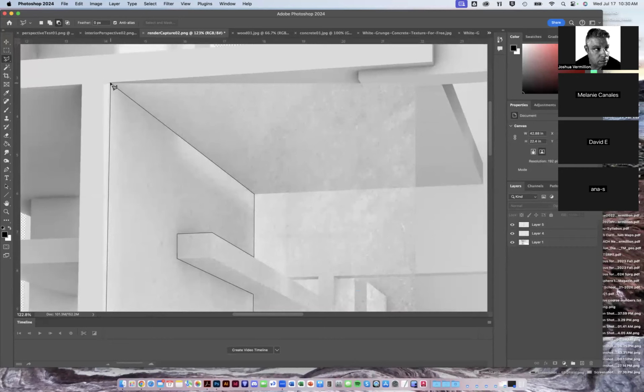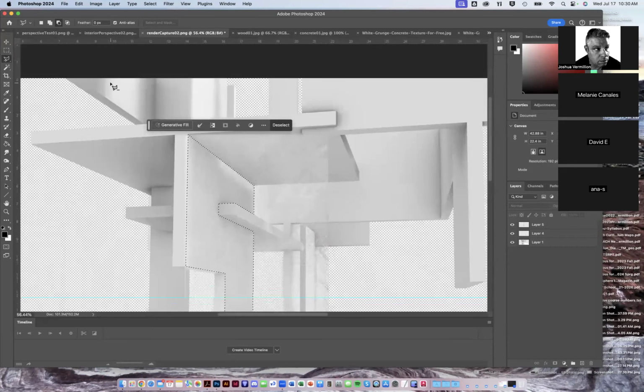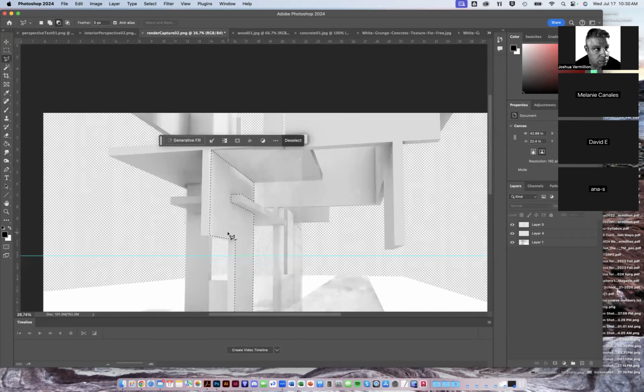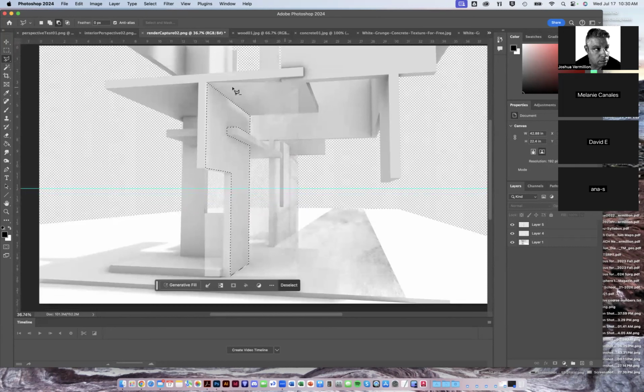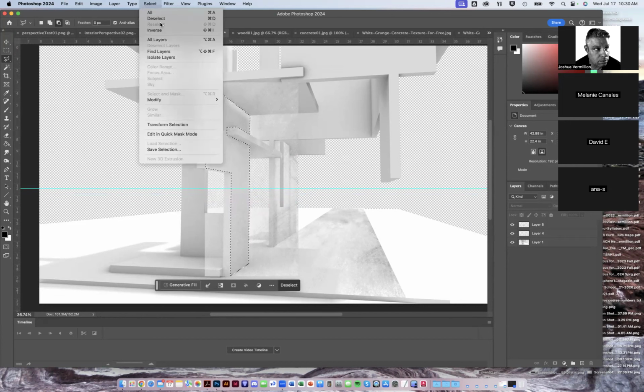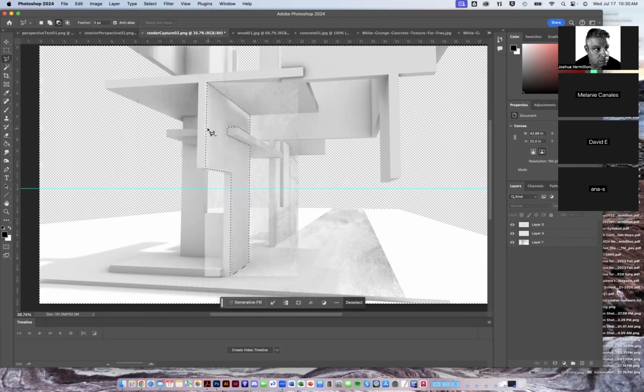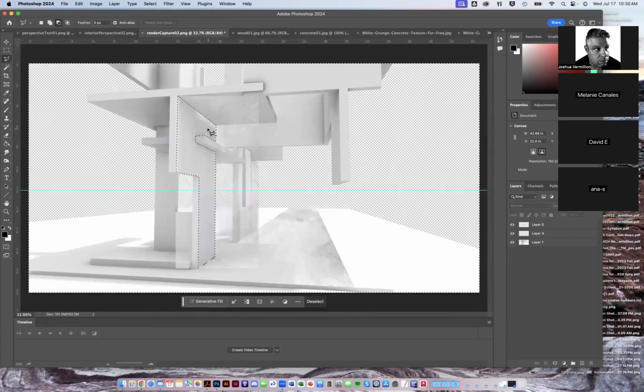And we'll close that up. All right, so we have the part that we want to keep, right? But what we want to do is delete away all the stuff that we don't want to keep, right? So it's easier for me to select the shape and then go to the select pull down and say, let's invert the selection. Now everything on the outside is selected and I can delete it away,